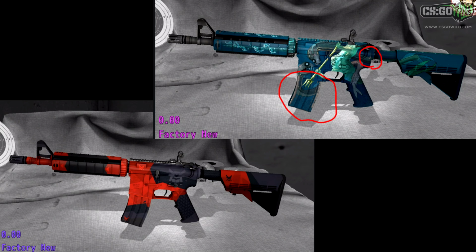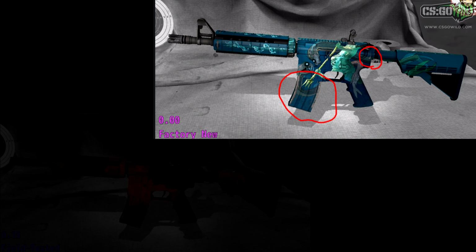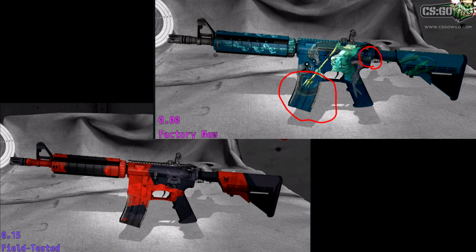So basically, they made it so the best condition possible on a lot of these M4A4s, I think it's mainly the Poseidon and the HAL, basically look like the field-tested version of other M4A4s, which I think is kind of stupid. I don't know why they made it like that. And I wish you could get a completely flawless Poseidon and HAL, but it looks like there's still going to be that little scratch, those little tear marks on it, no matter how